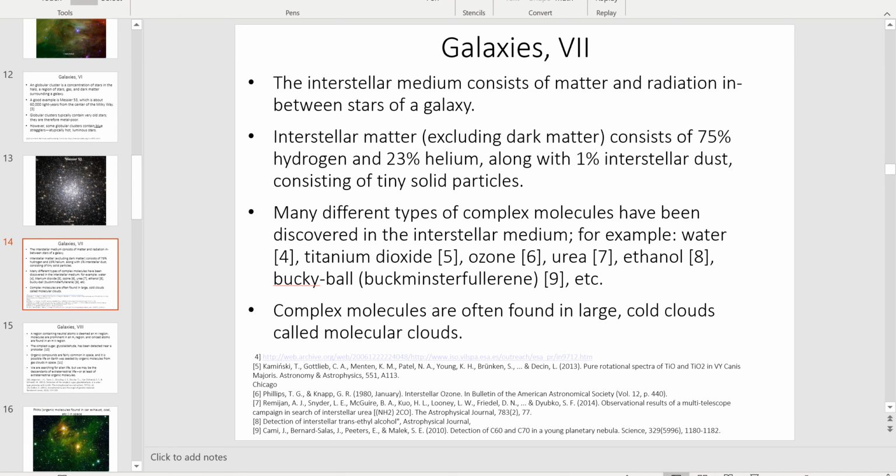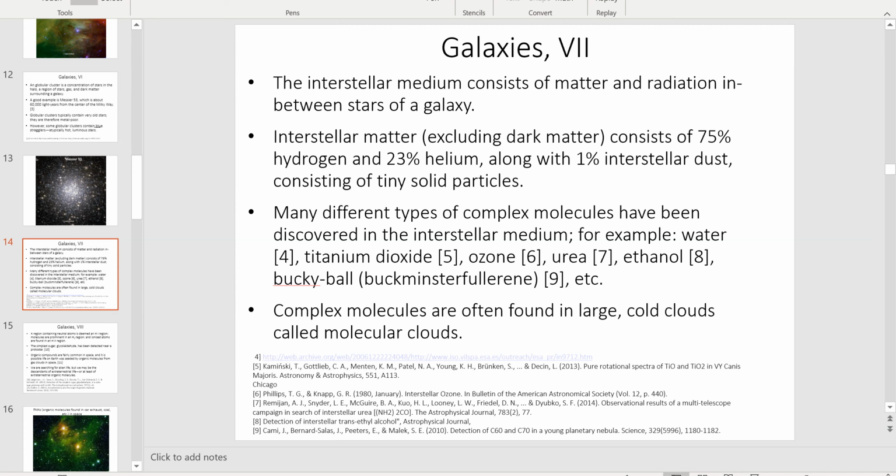Let's move on now to interstellar matter, interstellar media. I talked a little bit about the interstellar medium when we talked about the formation of galaxies. The interstellar medium is the space which contains not just space but matter and radiation in between stars of a galaxy. If you were to traverse the stars, as you're going from one star to the other, you're passing through the interstellar medium. And this contains diffuse matter and radiation. In other words, it's mostly nothingness, but there's some particles and there's radiation.